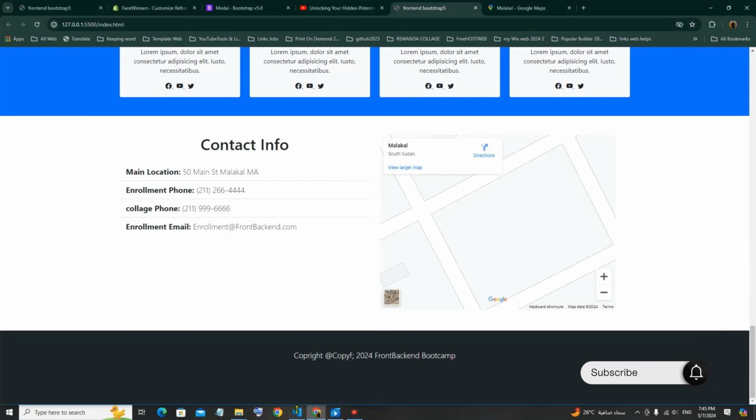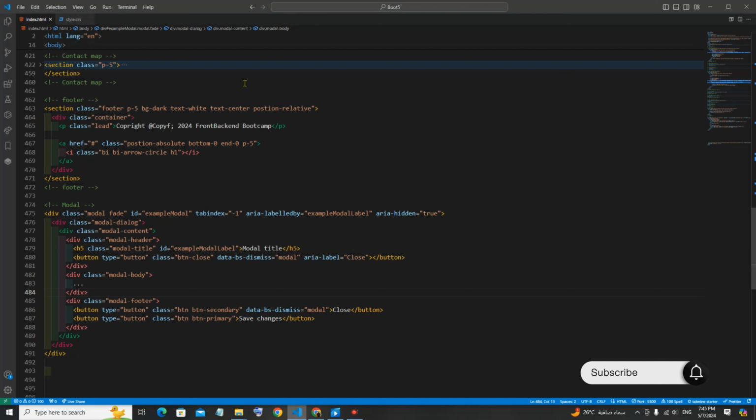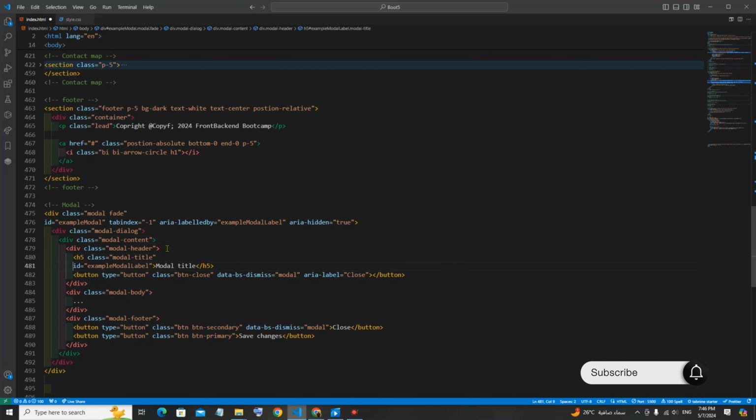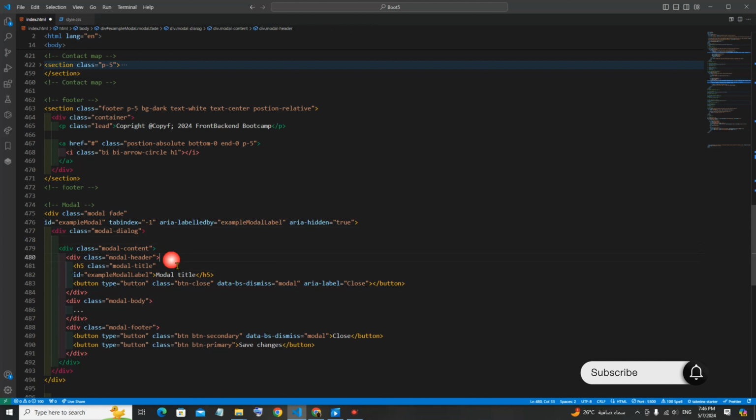Nothing has changed here. So what's the problem? The problem is we want to change this ID here. When I change this ID, this ID also has to change. When I change this ID here, right? So to do that, this ID